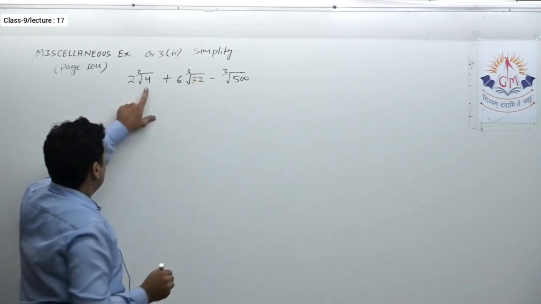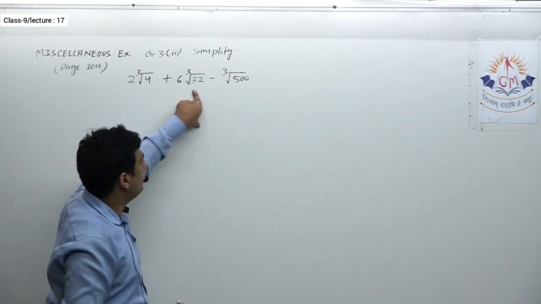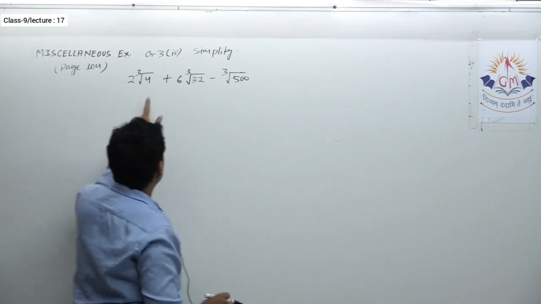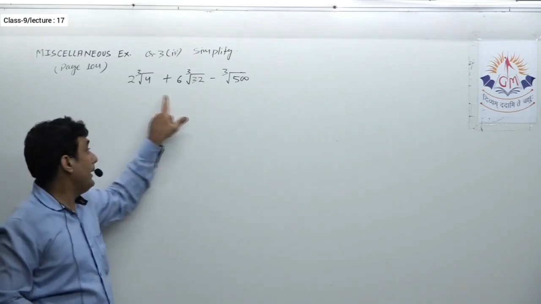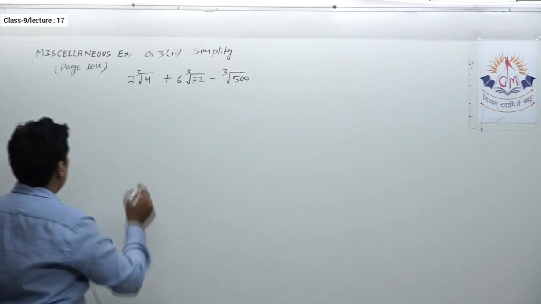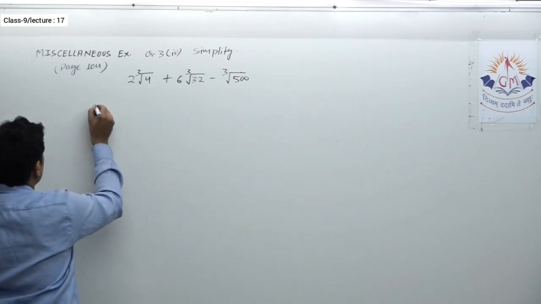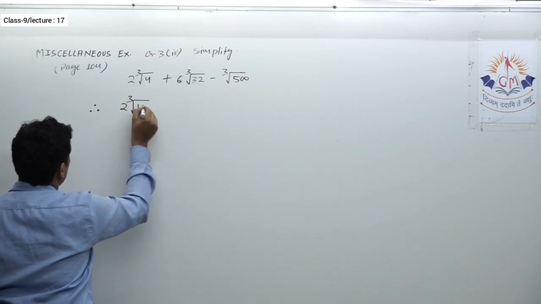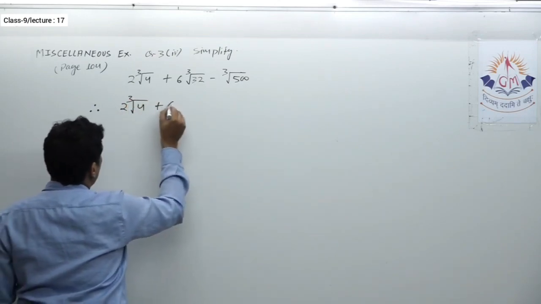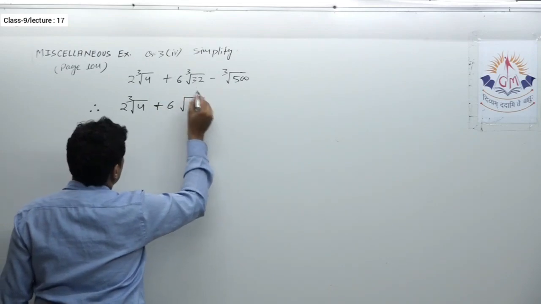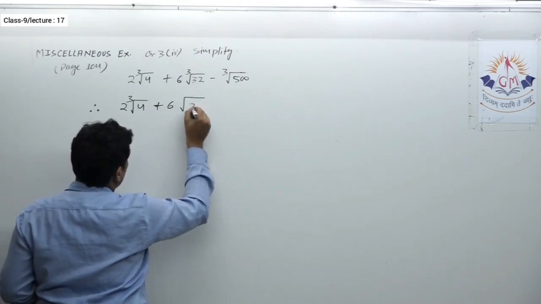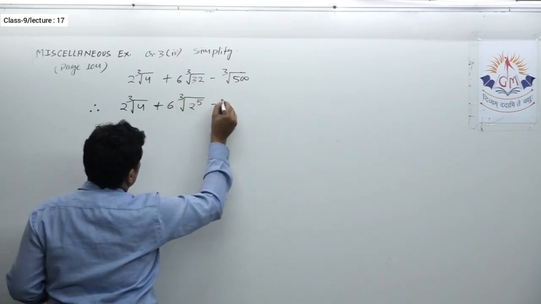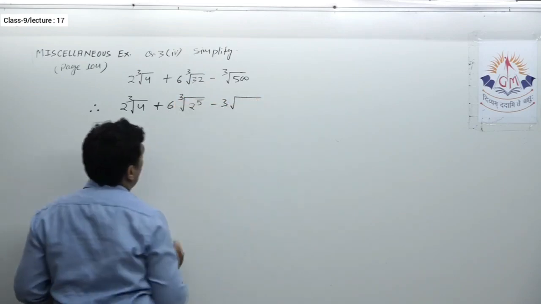So almost similar. This is cube root of 4, this is cube root of 32, and this is cube root of 500. So to add them we have to make their radicand the same. So let us see how to solve this further. This is 2 into cube root of 4, I am keeping it as it is, plus 6, and here 32 I am writing as 2 raised to 5, minus 3 multiplied by, now 500.